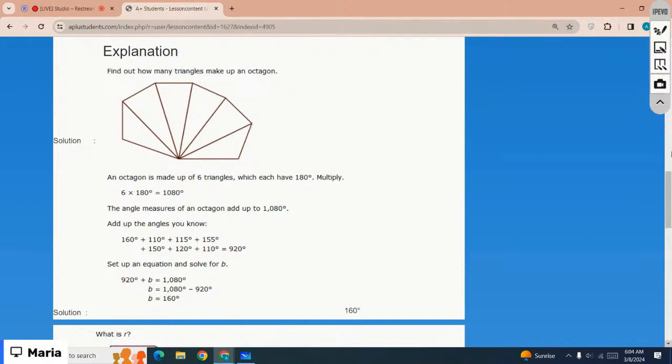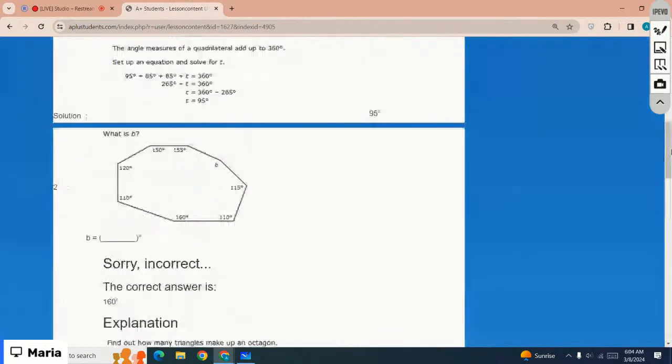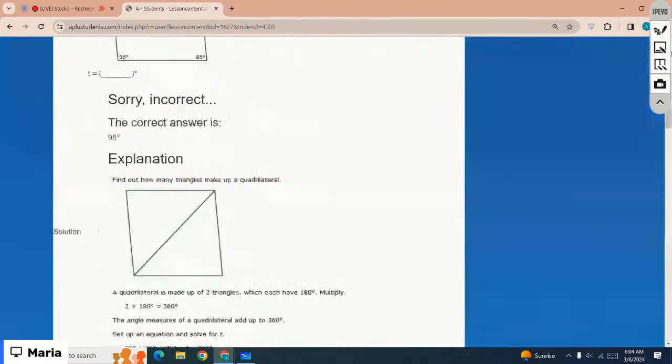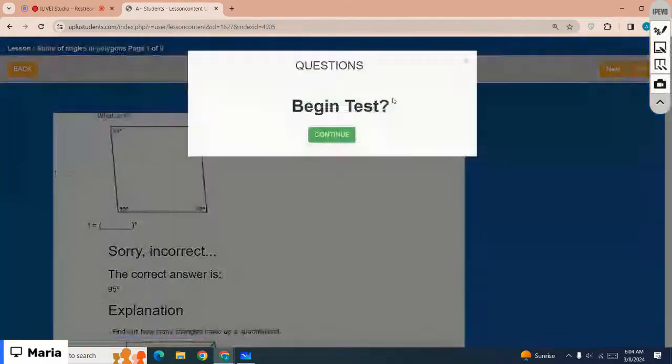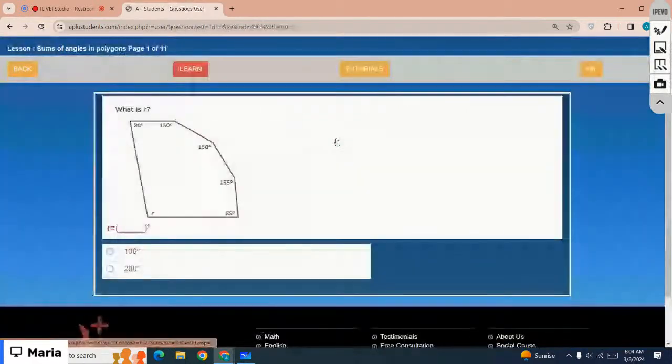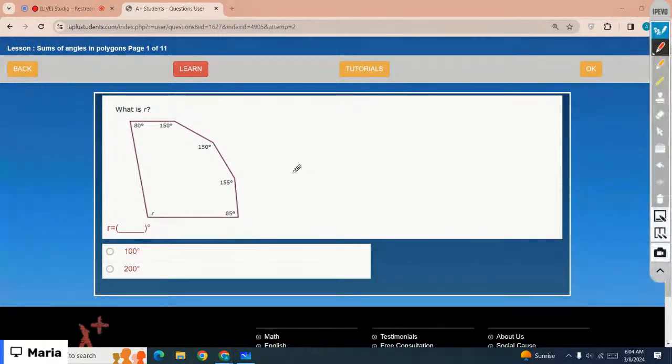Let's start with the test questions. Okay, what is R? Let's see how many triangles we can make. 1, 2, 3, 4 triangles you can make. 1, 2, 3, 4, right? So that is